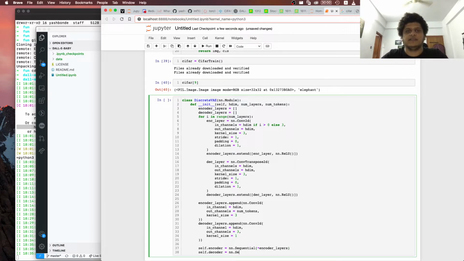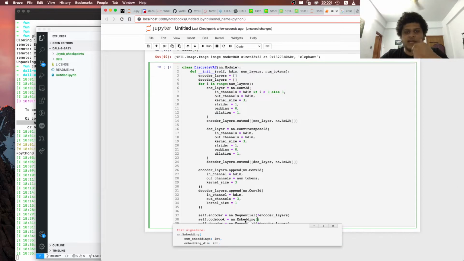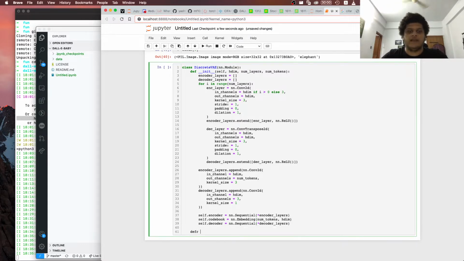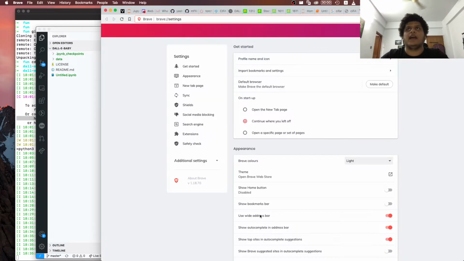Self.decoder is equal to nn.sequential star decoder layers. Self.codebook is equal to nn.embedding. The size is num tokens and hdem. Cool. Def forward. What forward does is,